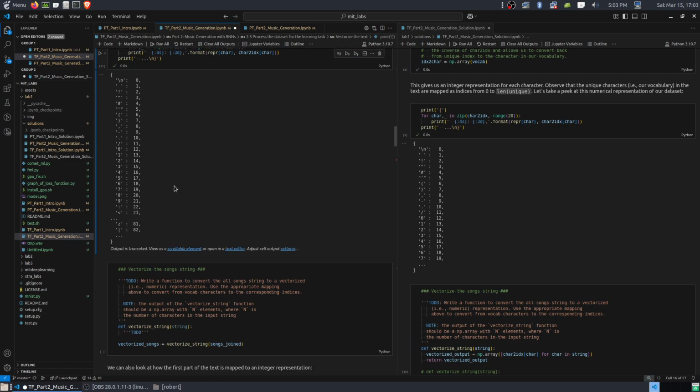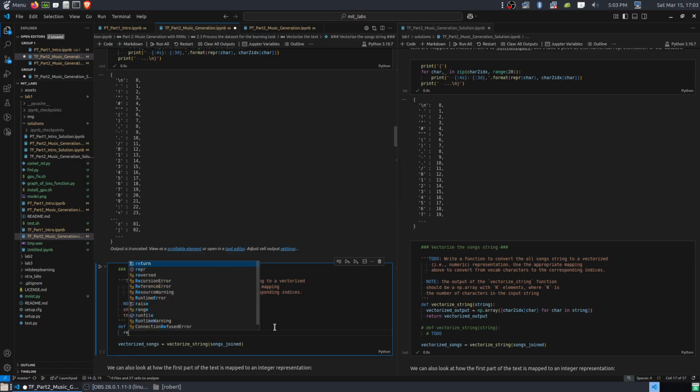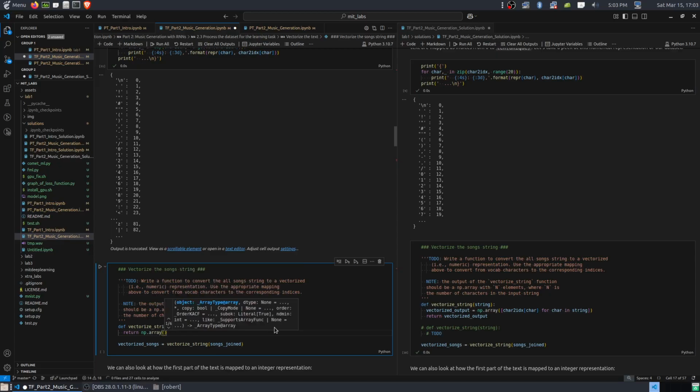Then we have a to-do here, and I am cheating because I'm not able to really keep up with all the Linux problems and other issues. But the idea is we're going to go ahead and now turn this into, let's see what happens if we skip a line. So this is Python syntax. We need a character to index map, and every char